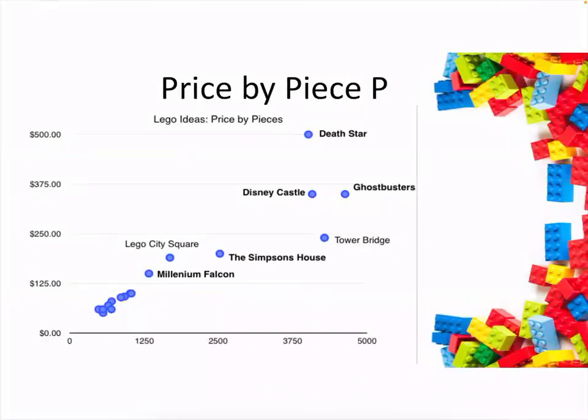Well, if we put in the names of the different things, you see that one of the biggest outliers is the Tower Bridge in terms of the price. And the rest of the stuff, if you draw the straight line, the Disney castle is still actually pretty much aligned. The Death Star is a little bit higher than you might expect. But again, that could be just the thought of having your own Death Star. It's also a really fun set. I've never bought that one, but it looks very playable. But the Tower Bridge is very off the line, and it's a much simpler set to look at. And so